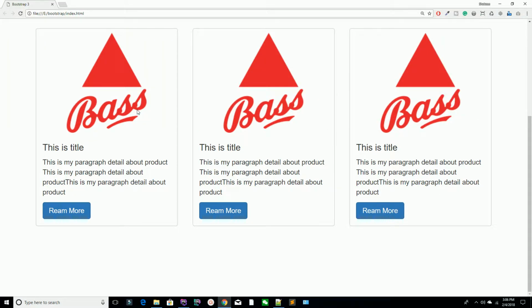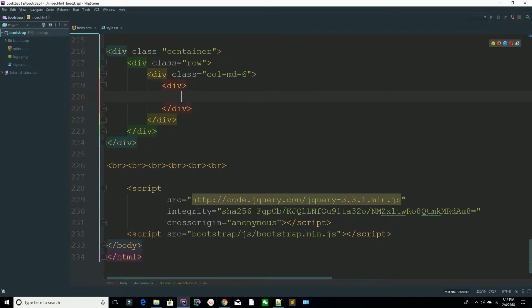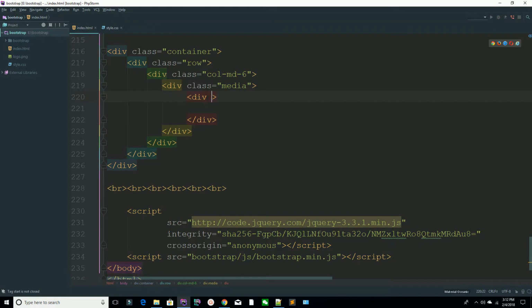First of all, what are media objects? Suppose you are creating a blog system, and below the blog you want to embed a comment. So you need to add a media object. You need to add a div, and first of all I'm saying this is media. Now you need to add another div, in this div you are saying